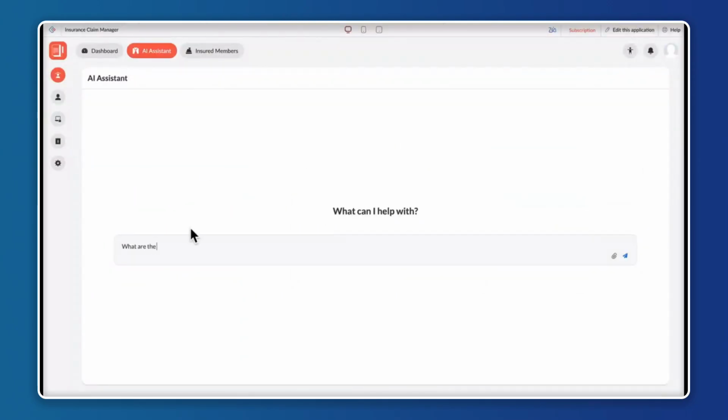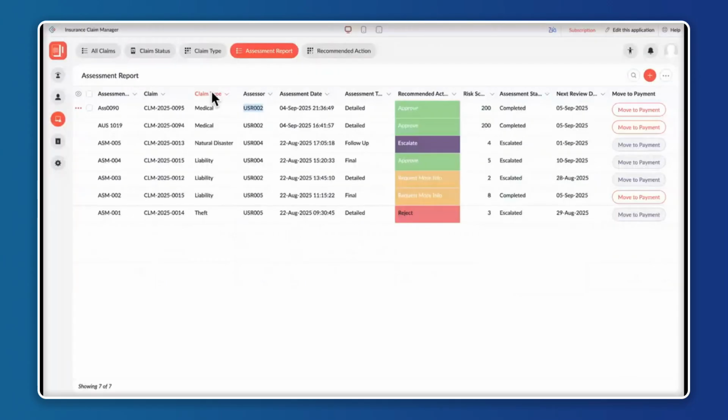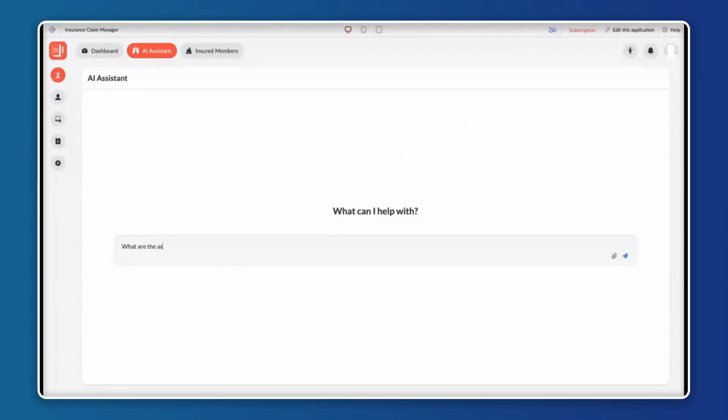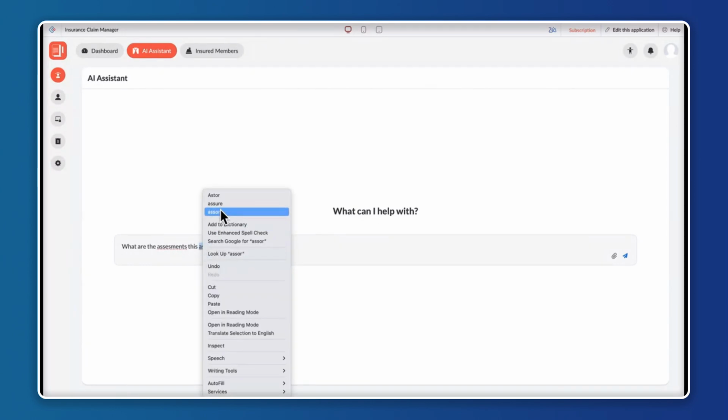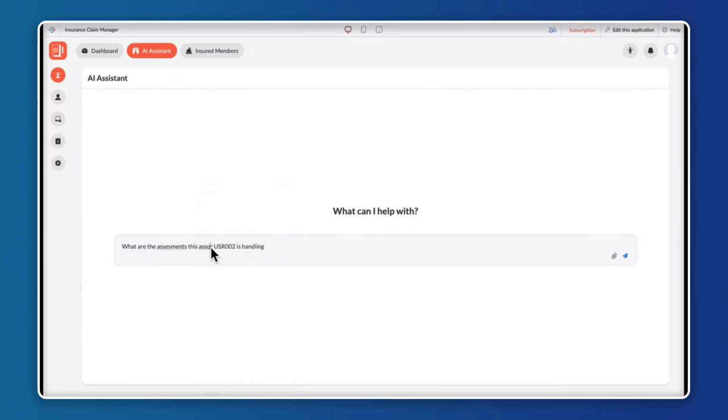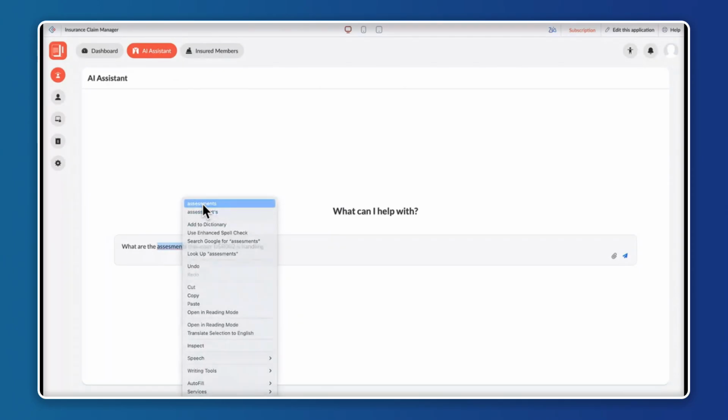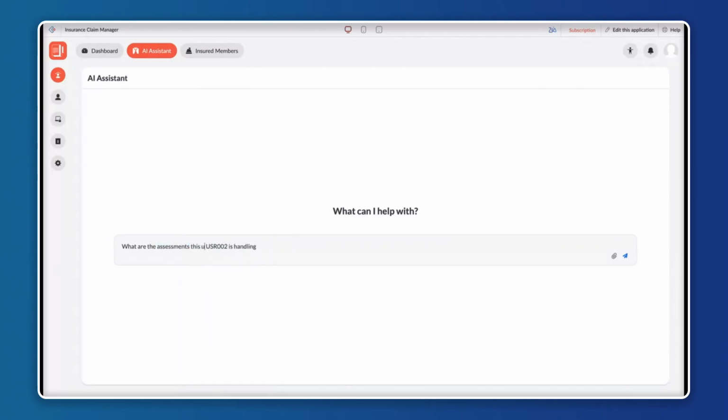what are the assessments this assessor is handling. So now if I go, this particular AI will chat with the application and gather the information